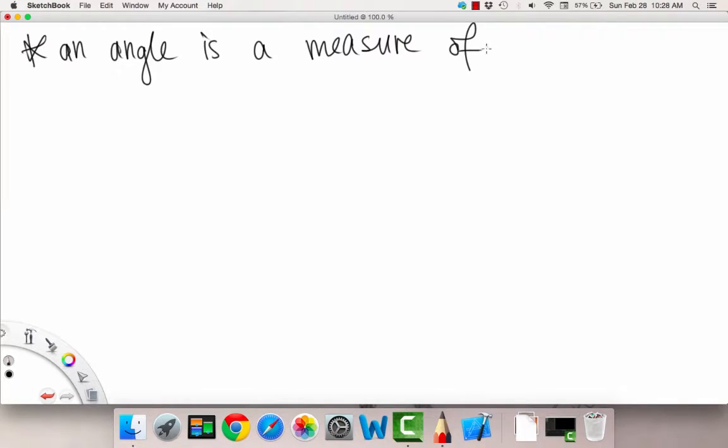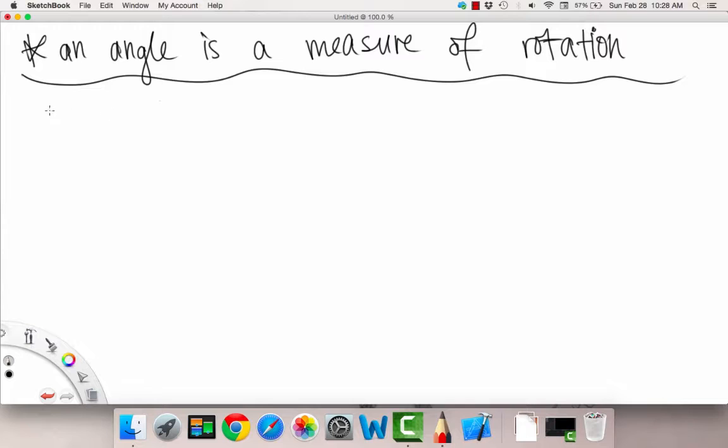An important note to make is that an angle is a measure, but not a linear measure, meaning it doesn't measure the length of something or the distance of something, but it's a measure of rotation, like how much something is rotating or turning around a fixed point. Keeping that in mind, we're going to introduce